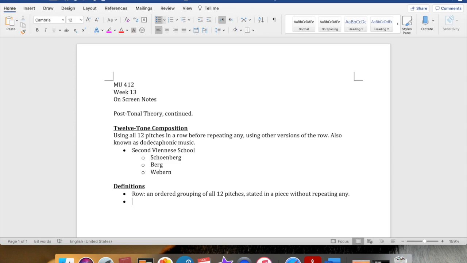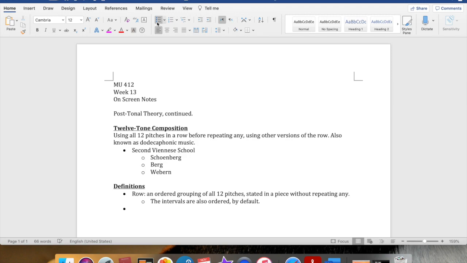So when I refer to the row, I'm talking about this statement of all 12 in a row, and the intervals are also ordered by default. And I'll show you what I'm talking about when we actually look at a row as an example.